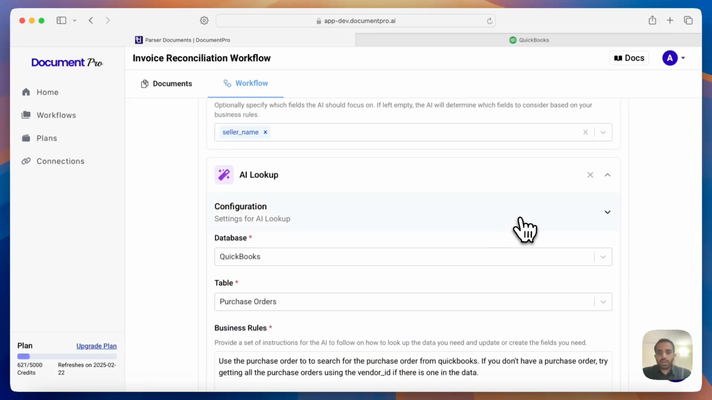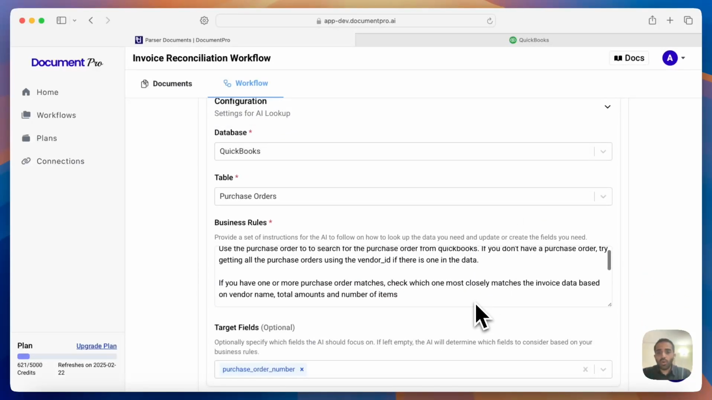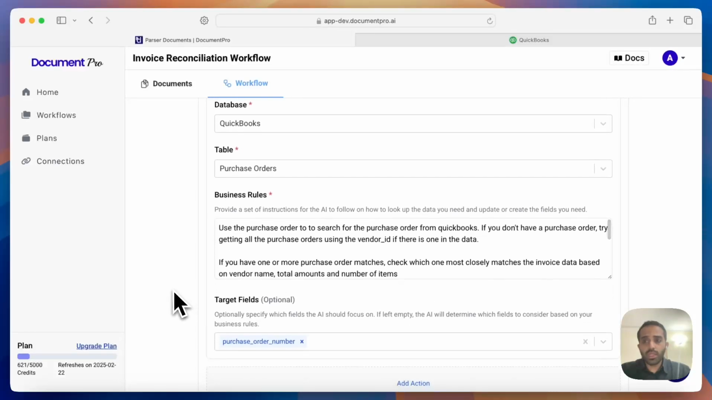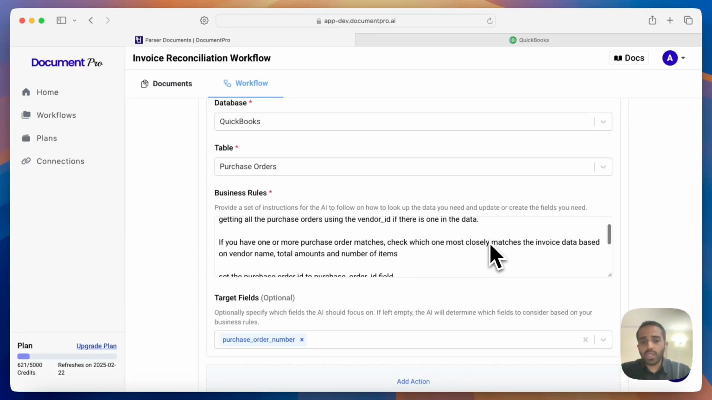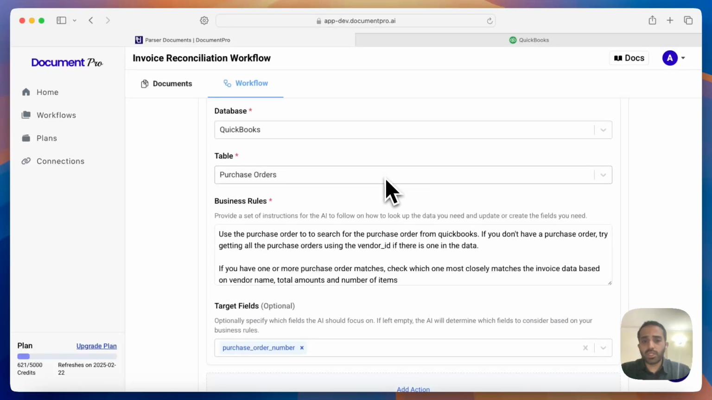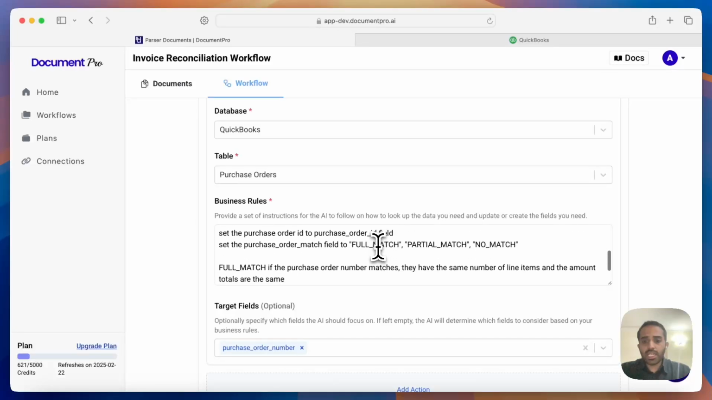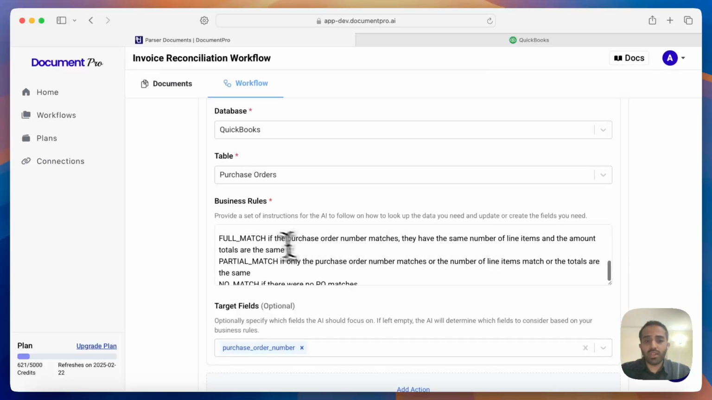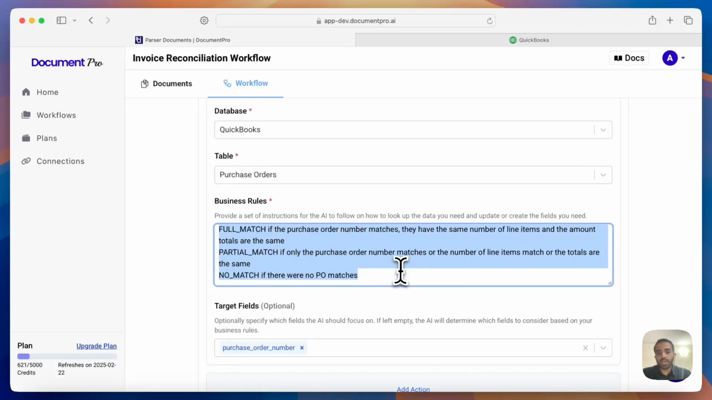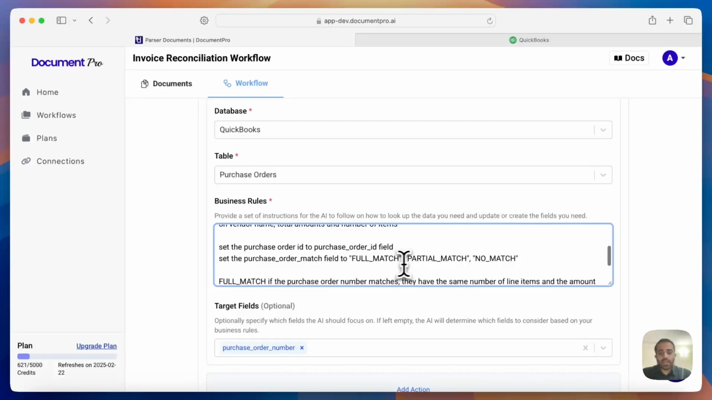In the second step, we use that vendor ID or the purchase order number within the extracted data in the invoice to find the corresponding purchase orders from the purchase orders in QuickBooks and see whether the invoice and the purchase order has a full match, a partial match, or no match at all based on some criteria that we've provided using plain language. And then we update the purchase order ID and set a purchase order match flag within